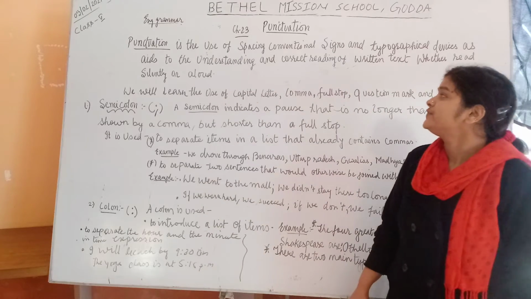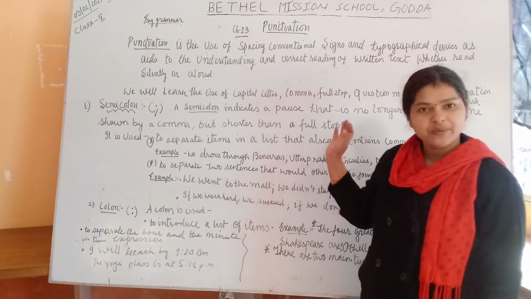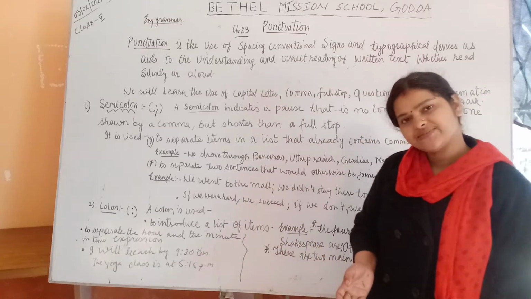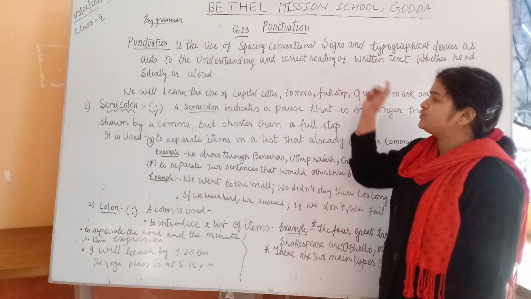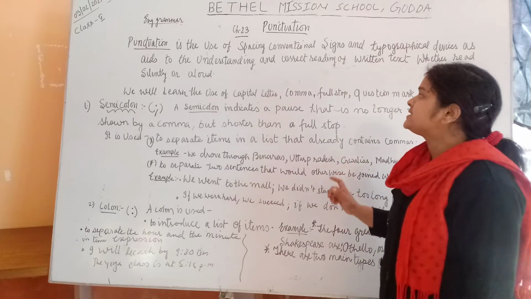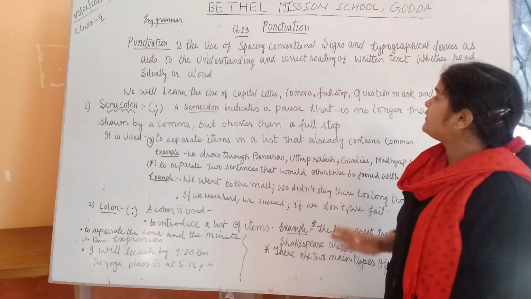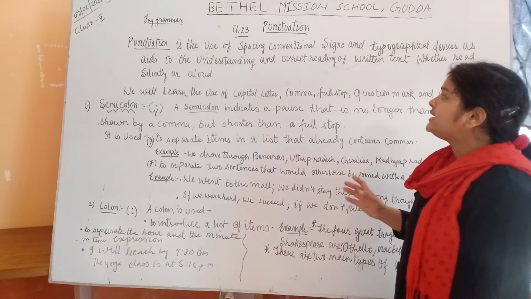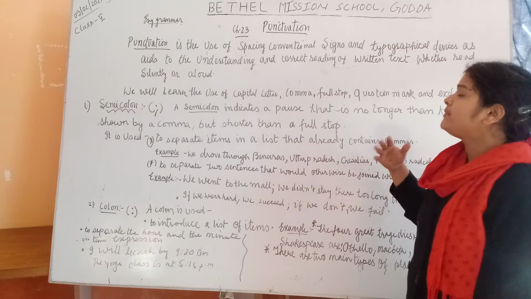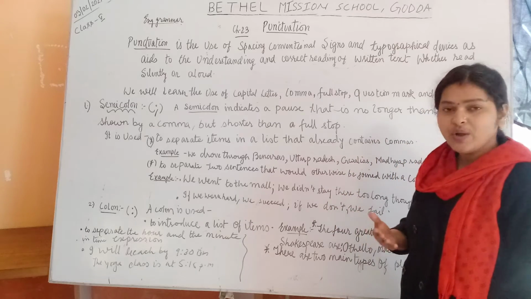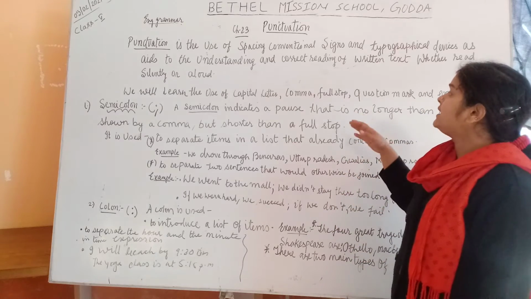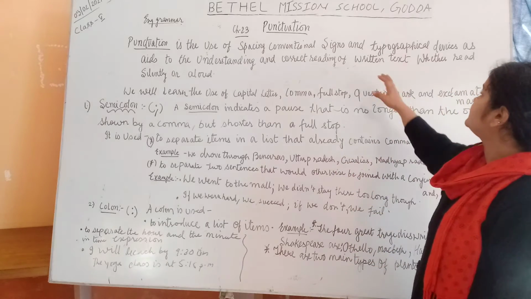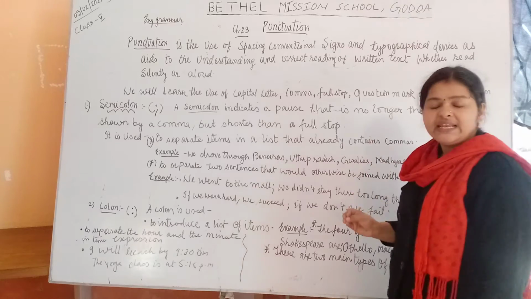Class, today I would like to give you an explanation about punctuation, which is chapter number 23 from your English grammar book of class 5. So children, what is punctuation? Punctuation is the use of spacing, conventional signs and some devices which are added in a statement to help us understand what is written, and it helps us to read it carefully and correctly, whether read silently or aloud.